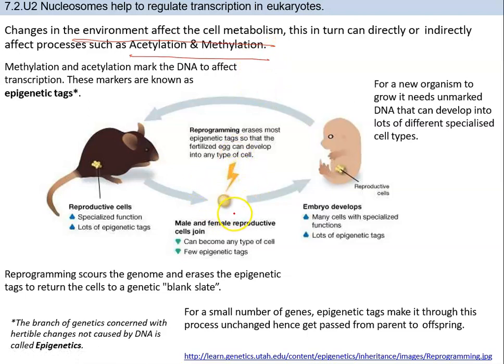In this figure, let's start from here. This is an egg, a fertilized egg. A fertilized egg has the sperm and egg from mother and father, and we expect that they are free of epigenetic tags or have few epigenetic tags inherited from their parents. Very few remain after receiving from father and mother; those epigenetic tags have been removed, and they are ready to have their own changes over